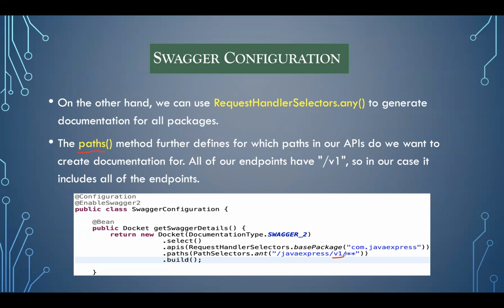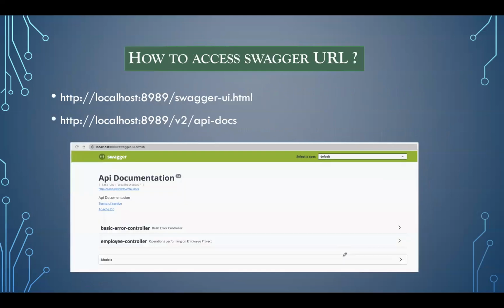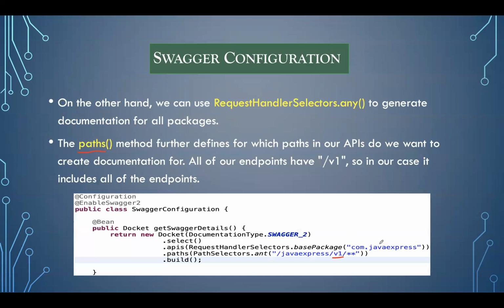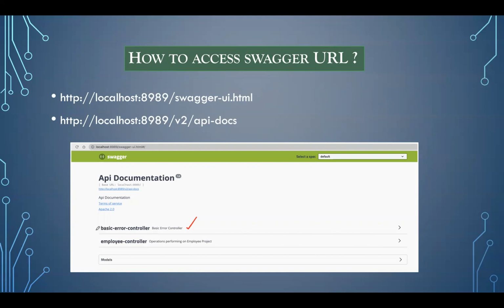We will develop this application in this session so that it will be easy for you to see how Swagger UI will look. This is a default configuration Swagger will create for you. This basic error controller won't be exposed this time. Why? Because here I gave the base package as com.javaexpress, so it won't be there. This controller we can display based on v1 and v2 versions.